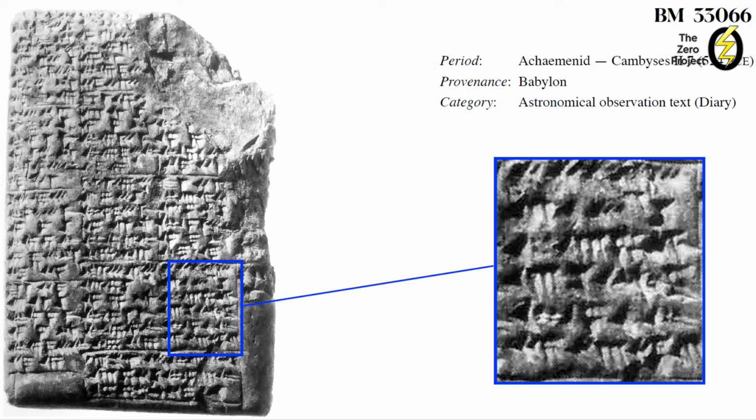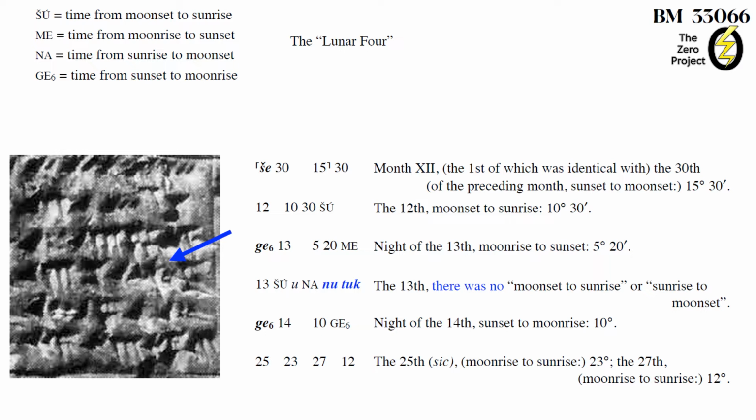Here's a text from the Achaemenid period. It's dated, so we know it comes from the second year of Cambyses' rule as king, 524 BCE. It comes from Babylon. It is an astronomical observation text, that is, a text which gives you the observations made for a given month, day by day. And here we have month 12, and on the 12th, for example, the period from moonset to sunrise, and these are the major things indicated on this particular astronomical observation text, called the diary in modern terminology, was